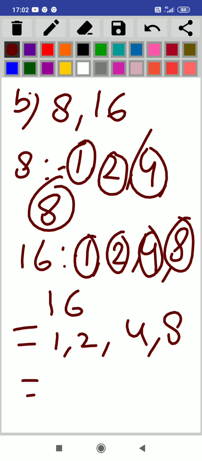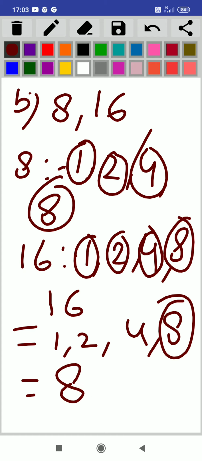So which is the highest common number, the highest common and greatest common factor? Greatest common factor and highest common factor are both the same. So we will write here 8 is the highest common factor. This is our answer. So this exercise is all about your highest common factor, and the second question is to complete the highest common factor chart.